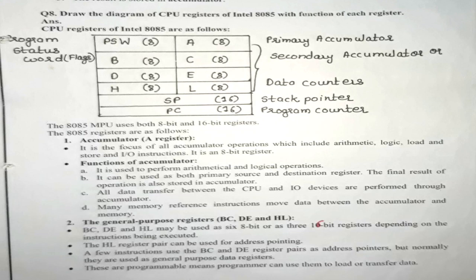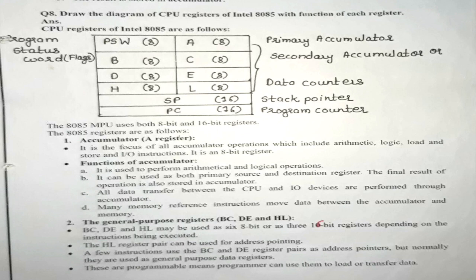And then the next register which we are having is SP, which is a 16-bit register, called the stack pointer. And the next one is PC, the program counter. Stack pointer means it contains the memory location of the currently executed instruction, and PC is nothing but a 16-bit register which again contains a memory location, but of which memory location? The instruction which we want to be executed next. That instruction's memory location is stored inside the PC, that is the program counter.